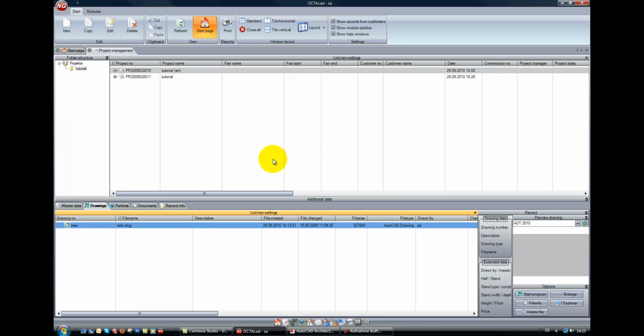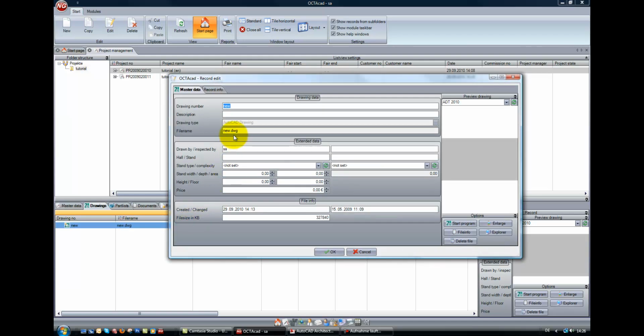So to create a basic grid in your drawing you have two possibilities. The first way is directly in the project manager when you create a new drawing here, and then this box opens. In these two boxes you can type in the measures of your stand and AutoCAD will automatically create a grid for these givens. Okay, but when you want to do it yourself in the drawing you have to start without typing any measures,